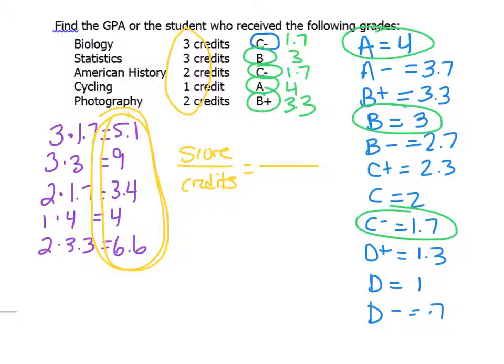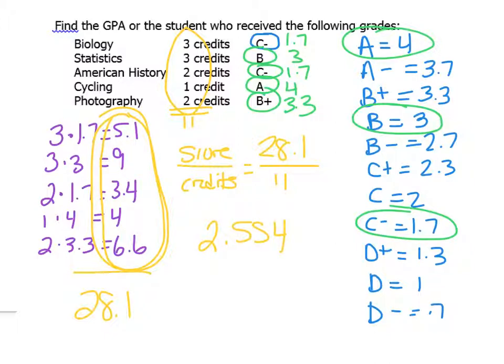So their total score was 28.1, and we have to divide that by how many credits they had. This was 28.1, and we're going to divide that by the number of credits. So 3 plus 3 plus 2 plus 1 plus 2 gives us 11 for the credits. So we do 28.1 divided by 11, and you end up getting